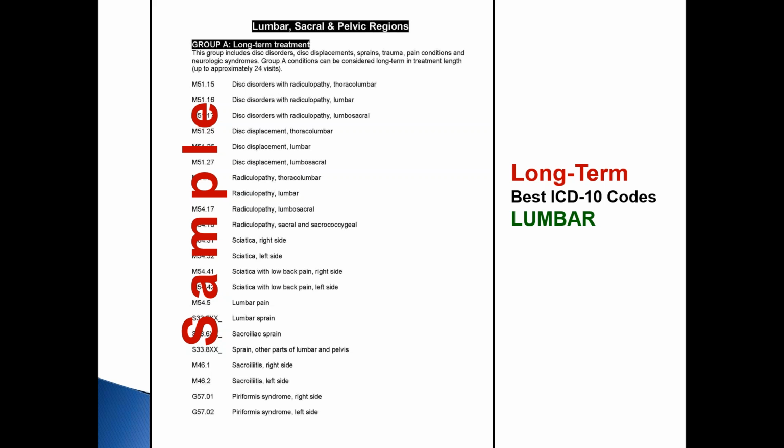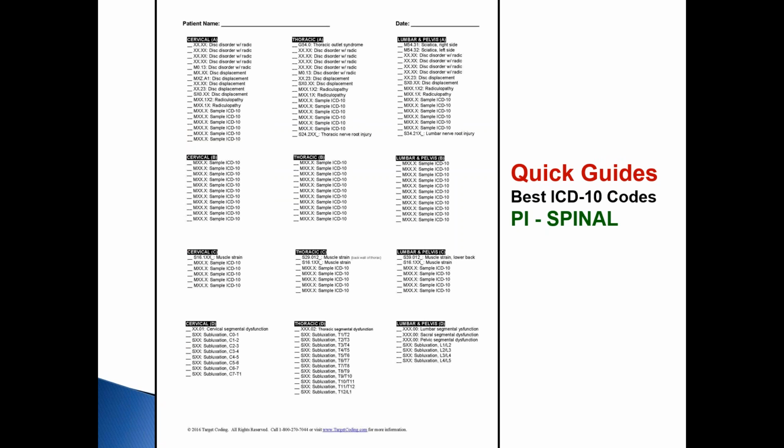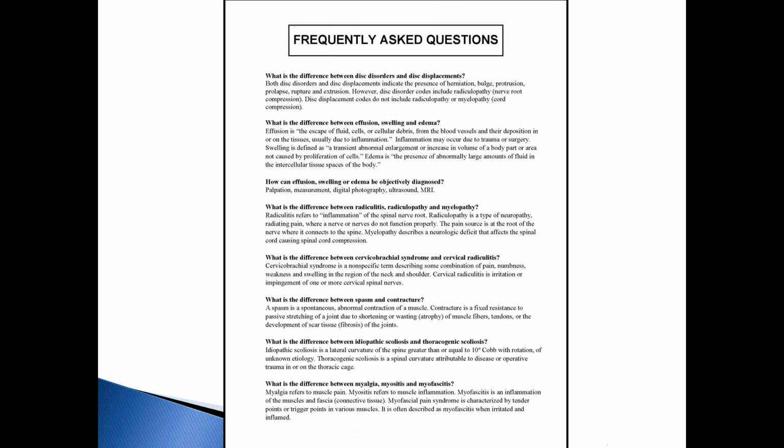This also is part of the book where it gives you the long-term treatment diagnosis codes up to about 24 visits, and then we also give you moderate-term treatment diagnosis codes and short-term treatment diagnosis codes, and we have some cheat sheets that break it down, so at a quick glance there's the hierarchy, which codes pay the most. So we have that broken down in the book, and we also have a section on frequently asked questions like,